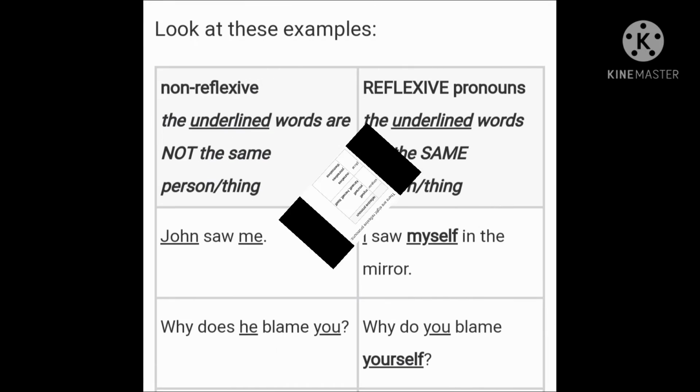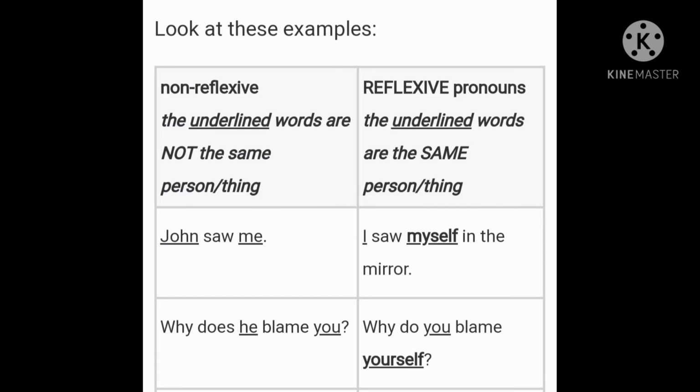Now look at these examples. In case of non-reflexive, the underlined words in this chart are not the same person or thing. But in case of reflexive pronouns, the underlined words are the same person or thing. First one, John saw me. In this sentence, John, the subject, and me, the object, are two different persons. They are not the same. But if I say, I saw myself in the mirror, in this sentence, I is the